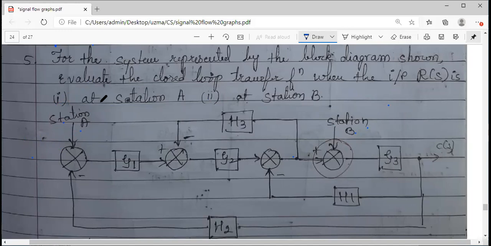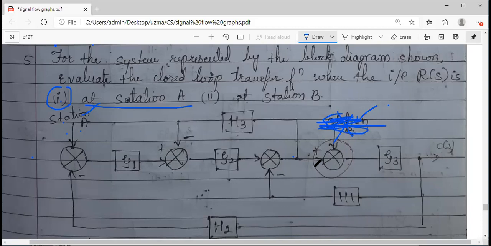So if you see this block diagram, you have multiple lines here. If you see station A and station B, you have two. Whenever such a case comes, how have we gone for the solution? Multiple input, multiple output systems. We have taken one input at a time. Whenever we consider one input, we will consider the other part as zero. So if you see here, in the first case, I am applying the input at station A. So what about station B in the block diagram? For the first case, when I start solving this block diagram, I should not consider station B. This line will not come.